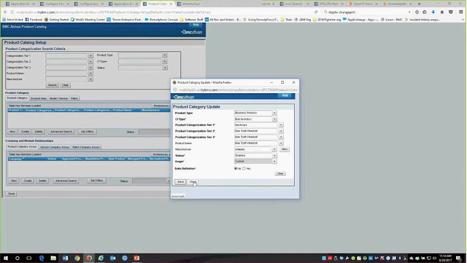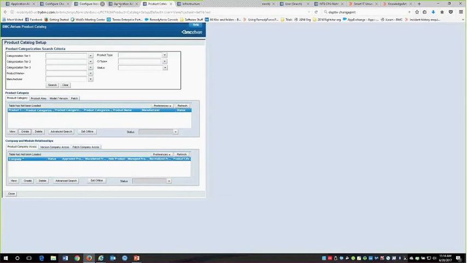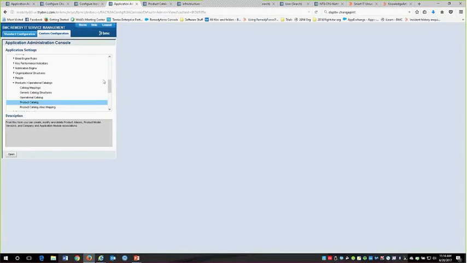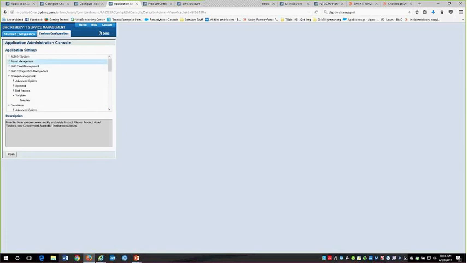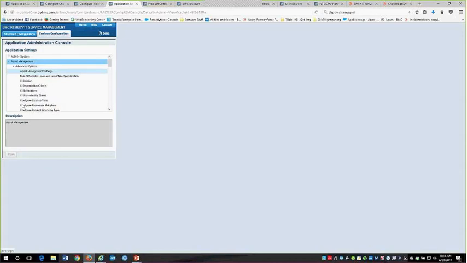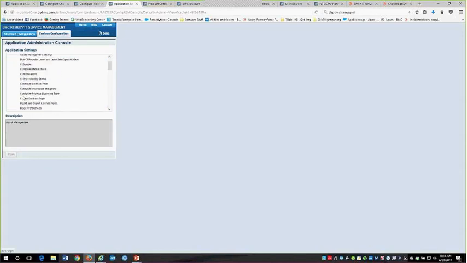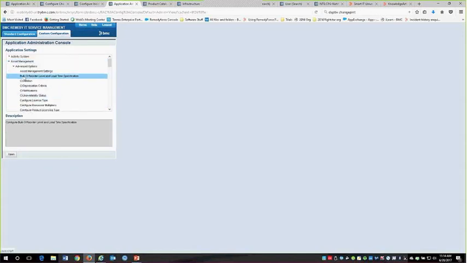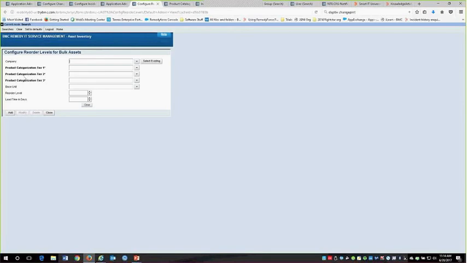The next step you're going to do is you're going to go back to your application administration console, and you're going to go into asset management. So we got under asset management, under advanced, where, by the way, there's also a rules. We're going to go into bulk CI reorder level and lead time specifications. And this is where we set reorder level. So for those Bluetooth headsets, what's my reorder level for them? Base unit,